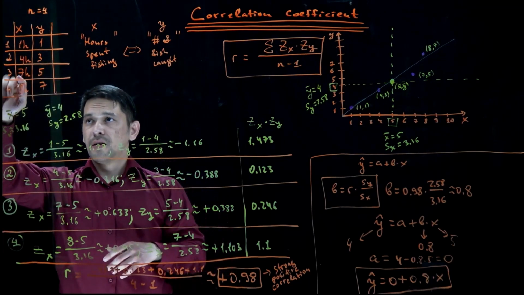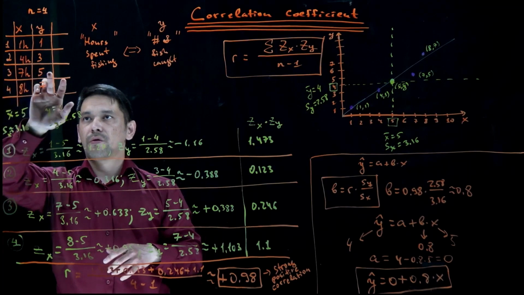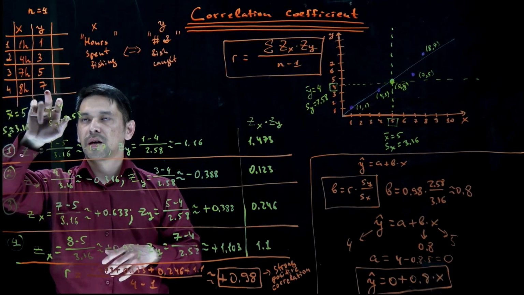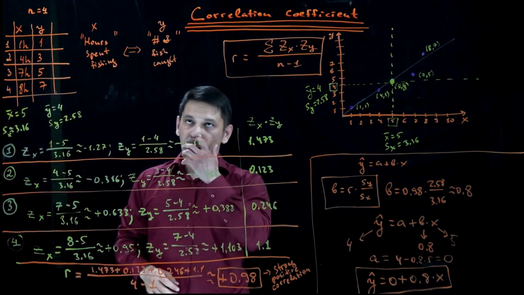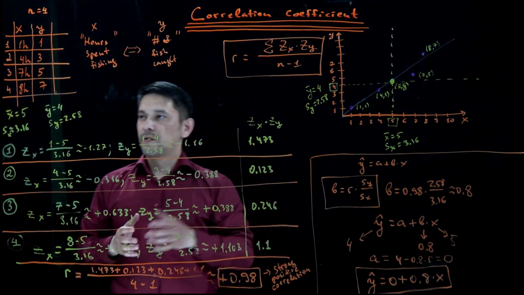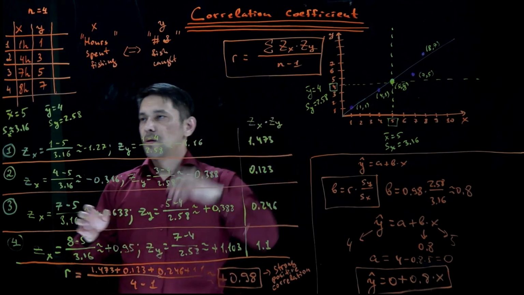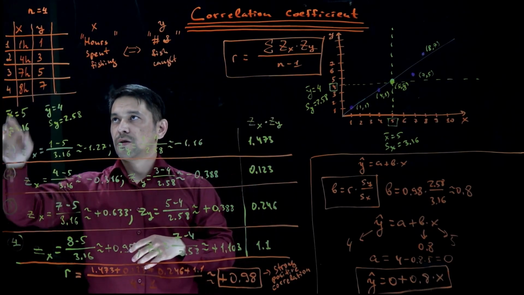The third guy spent 7 hours fishing, he's got 5 fish, and the last guy spent 8 hours fishing and he's got 7 fish caught. Now, in order to calculate the correlation coefficient, first of all, we have to calculate the average and standard deviation